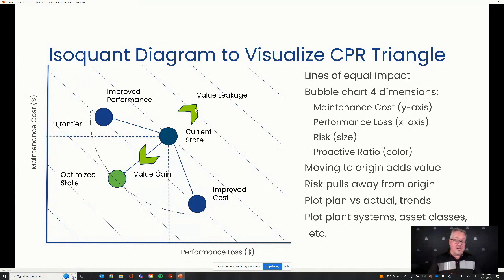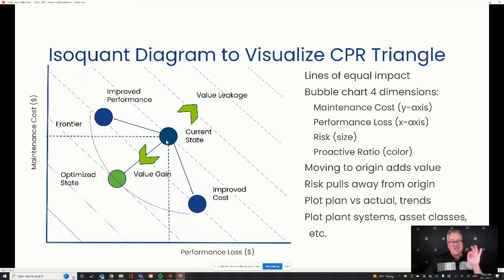And look, with our data, largely from our EAMs and CMMSs, as well as our production data, we can plot these fairly easily, right? Now, there is a limit to what we can do. That frontier is an optimized state. And that's really what you're seeking, is to understand where you're going and can you optimize that. But look, you can improve performance at increased cost, maybe. You can improve cost, perhaps at a performance loss increase, right? But it's very, very helpful.